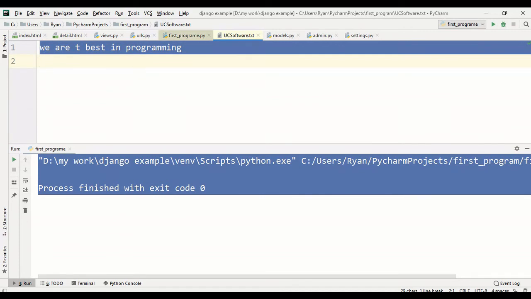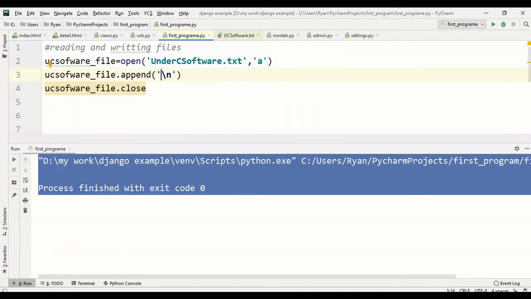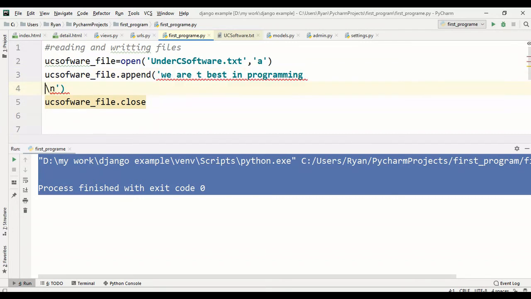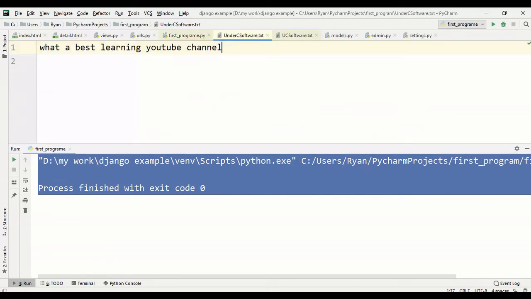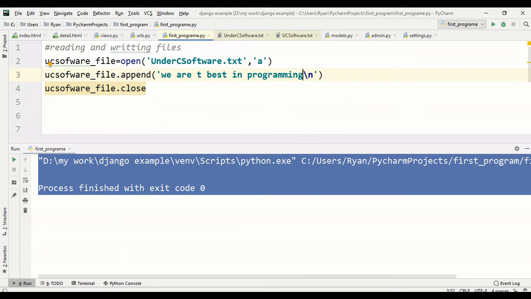So when we try to append this to our document, this under codes here, we use what they call the A. This A means appending. So when we run our program,